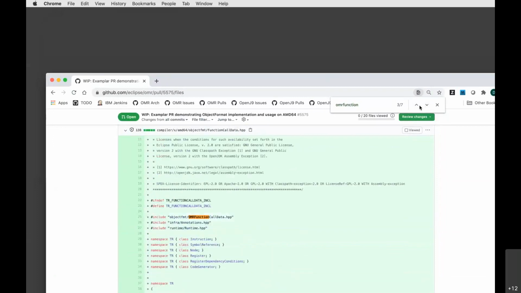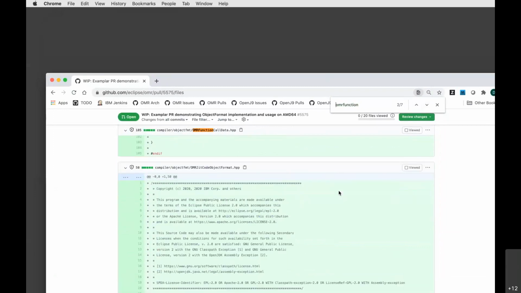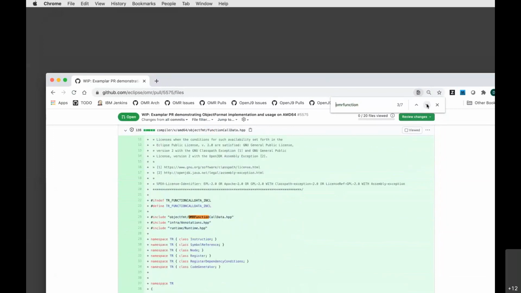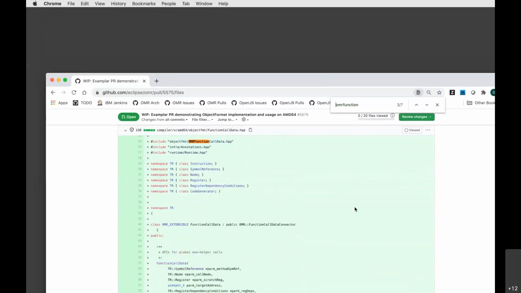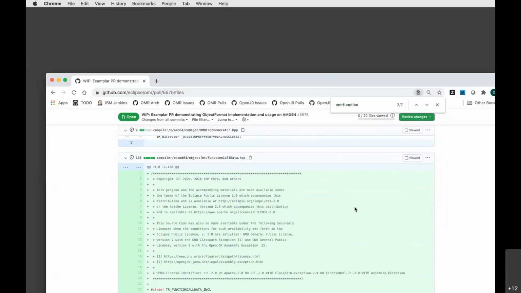Oh, actually, there's got to be something in here. Nothing in there. Sorry, I'm just getting oriented here. Where are we? Right. Okay, so this is the x86